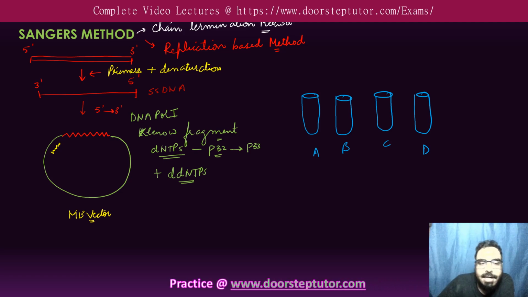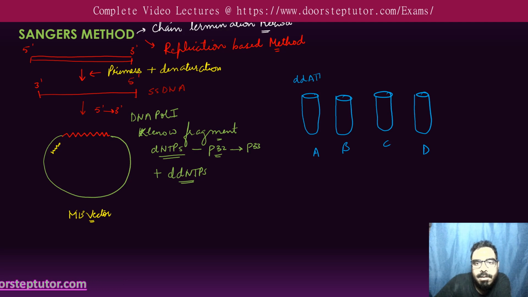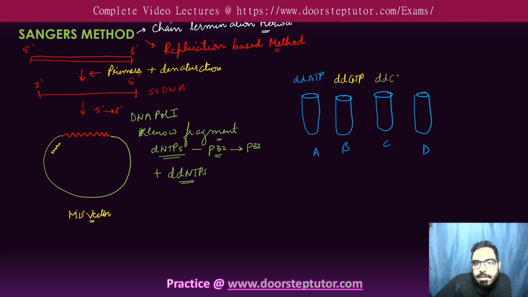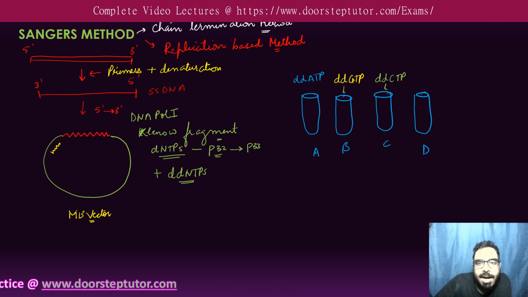In test tube A you will add ddATP. In test tube B you are adding ddGTP. In the third you are adding ddCTP. And in the fourth you are adding